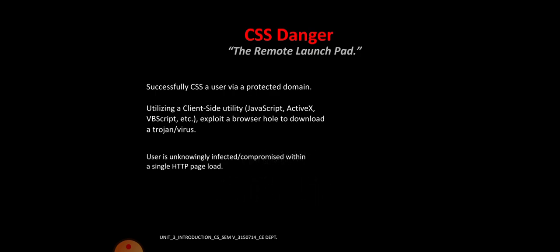XSS attack: the remote launchpad successfully XSSes a user via a protected domain, utilizing a client-side utility such as JavaScript, ActiveX, or VBScript, and exploits a browser hole to download a Trojan or virus. The user is unknowingly infected, compromised within a single HTTP page load.